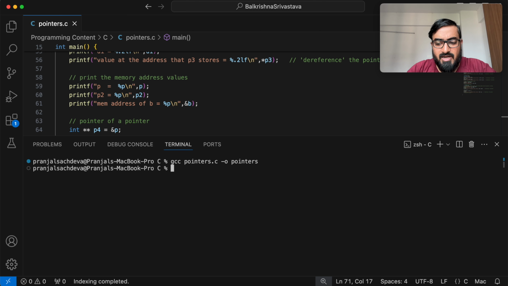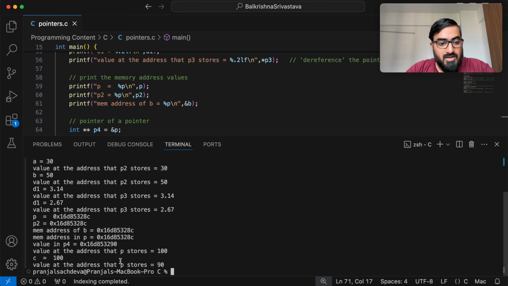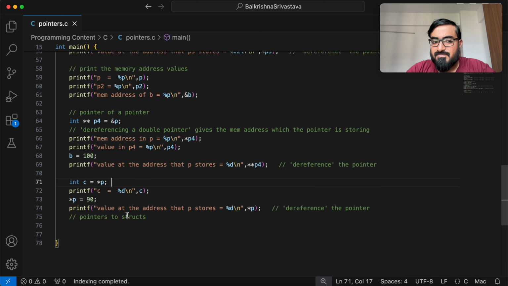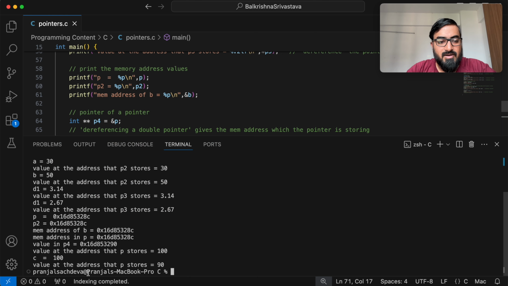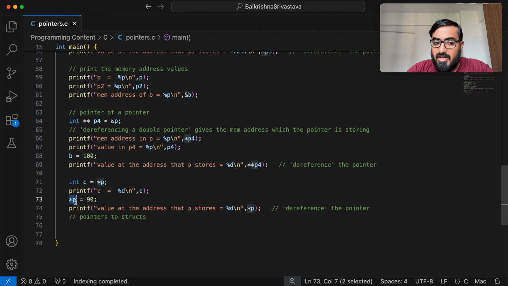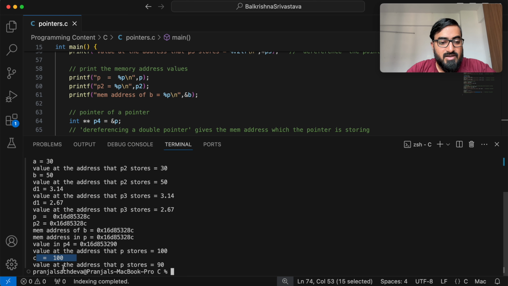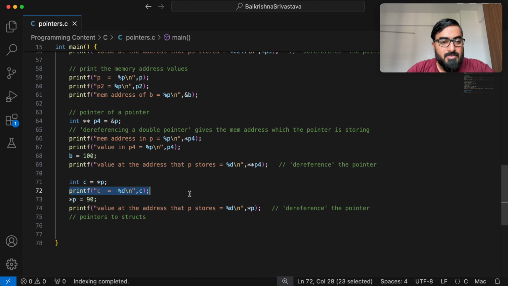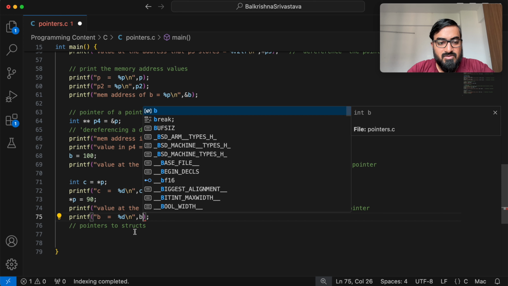So you get 90 and 190. Okay, right. So when c stores the value at p, p was storing 100. So c has become 100. When you set the value, you are setting the value which is pointed to by p to 90, then p is storing the value 90. So if I print b again, it will be 90. Okay, if you get confused,